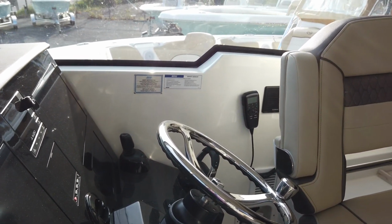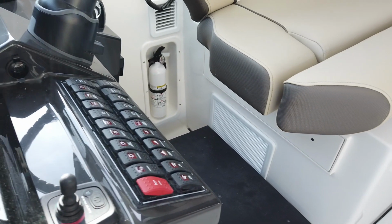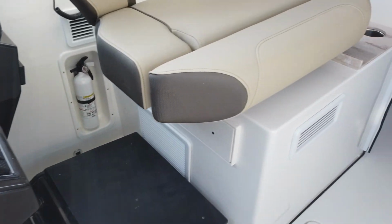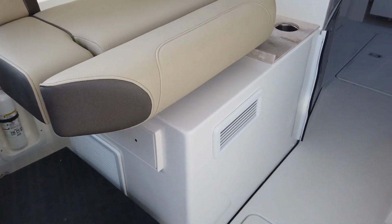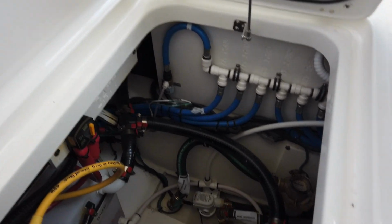VHF 315 I think is the model now. You can see the AC unit underneath there. You have outlets right there and right there for the companion seat. Bridge deck table goes there. And then coming into more pumps,